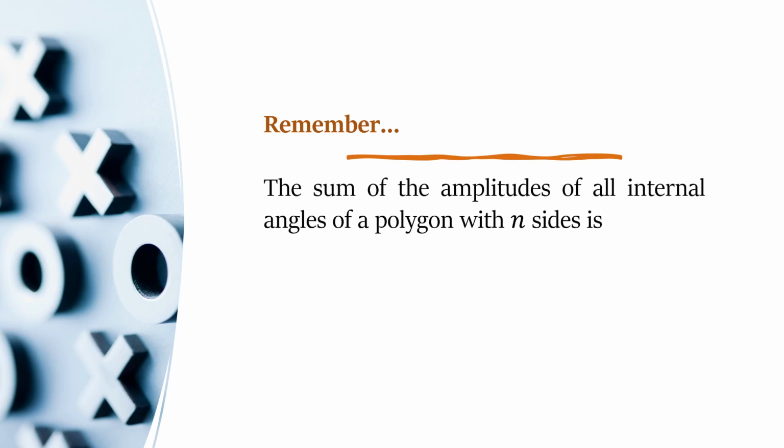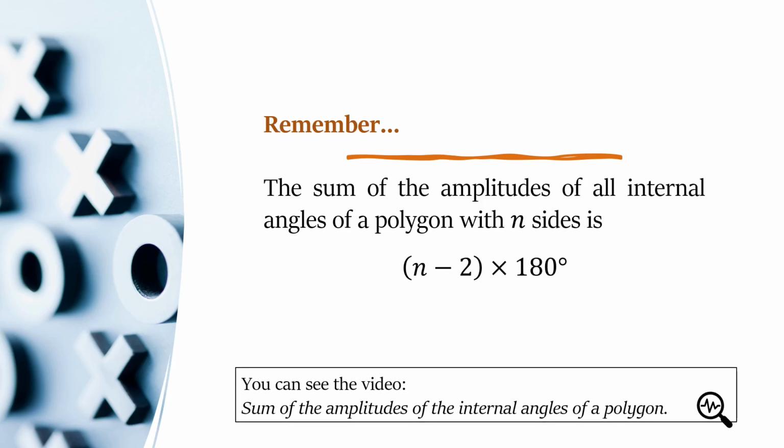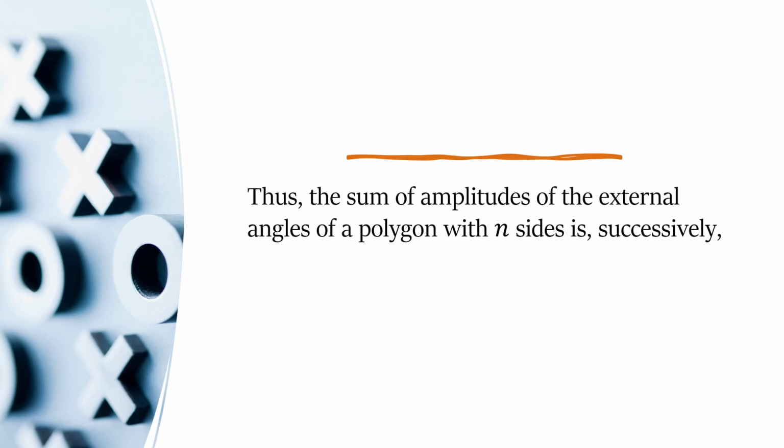Remember, the sum of the amplitudes of all internal angles of a polygon with n sides is given in the video Sum of the amplitudes of the internal angles of a polygon. Thus, the sum of the amplitudes of the external angles of a polygon with n sides is, successively,